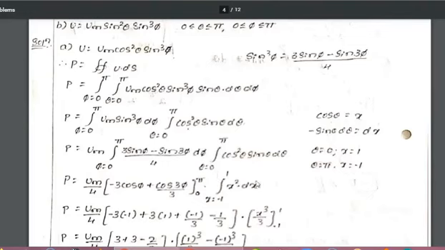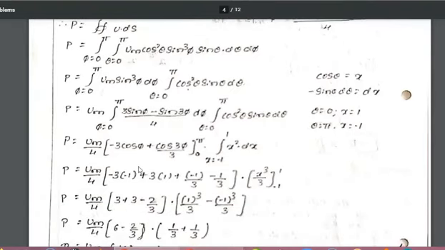Okay. Now we can substitute all the things here. Now let us again integrate these two terms. If we integrate with respect to phi, we get minus 3 cos phi, and sin 3 phi gives cos 3 phi divided by 3, with the limits 0 to pi. The 4 can be taken as a constant.